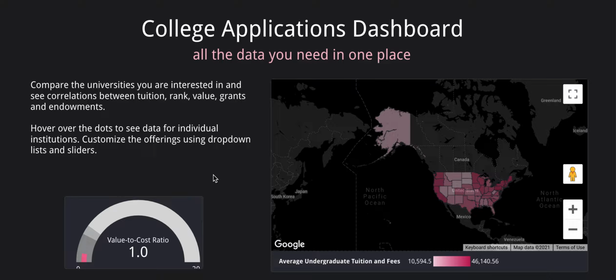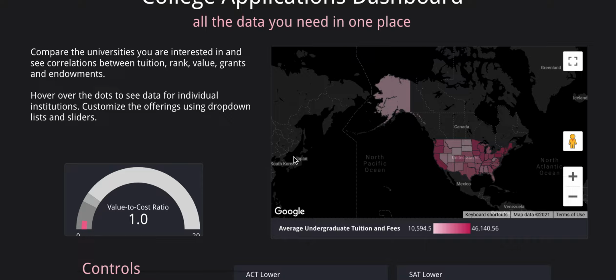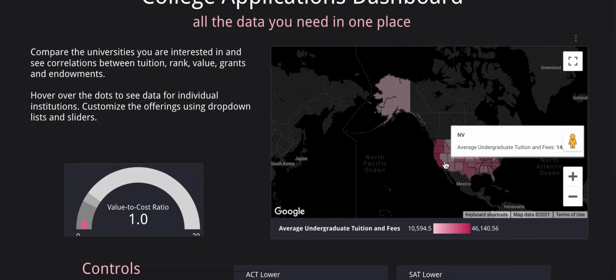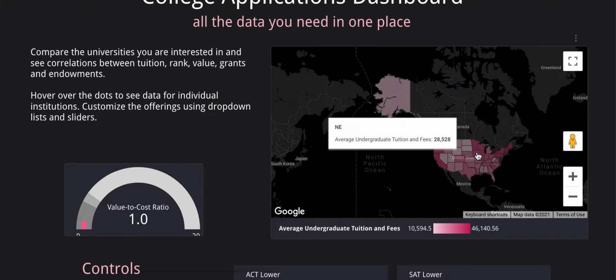This is an overview of the college applications dashboard, which you can use to compare different universities and see how they correlate with different attributes that you are usually interested in when you are considering where to apply and also which spots to accept. If you work in education, you might also be interested in seeing how your institution compares to others. So the first graph here is basically a map that shows you what the average tuition is in